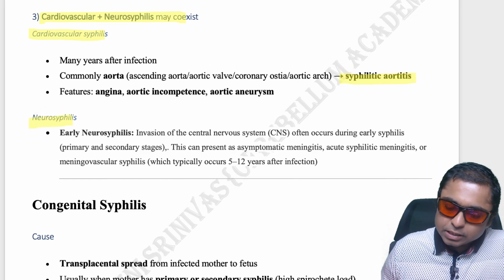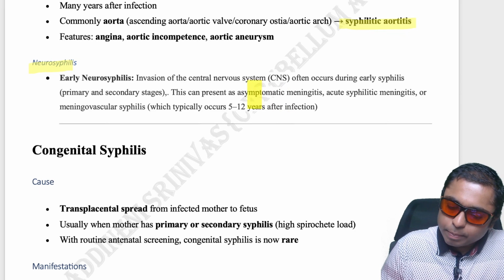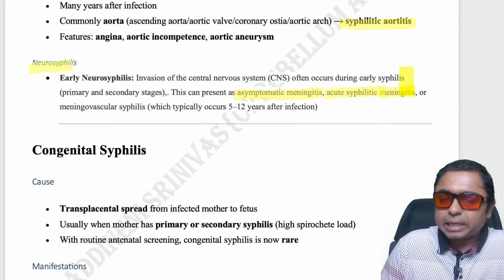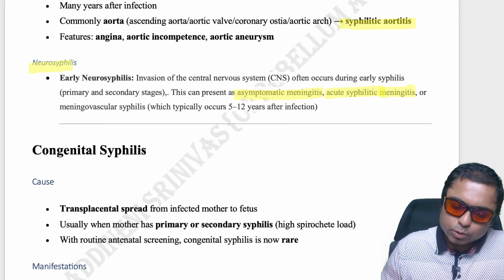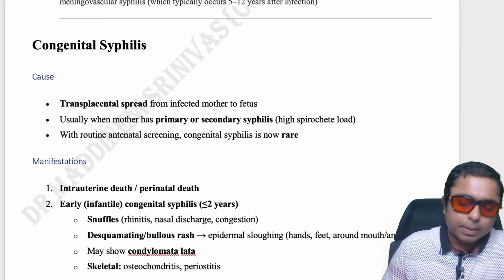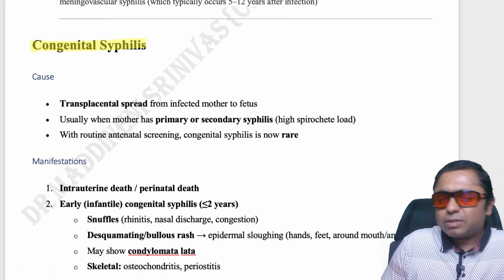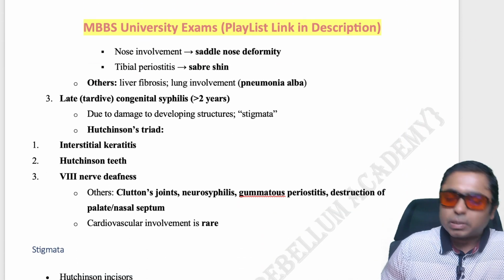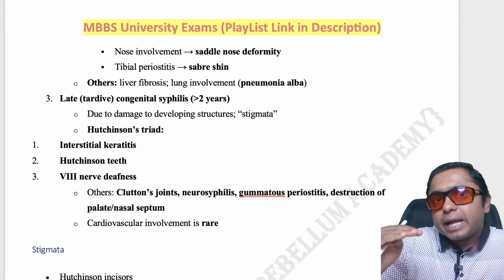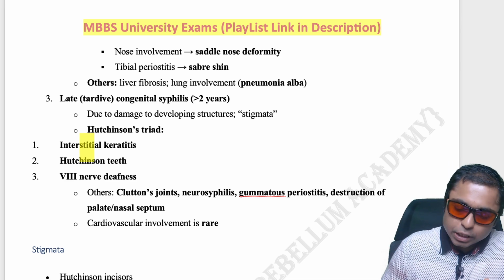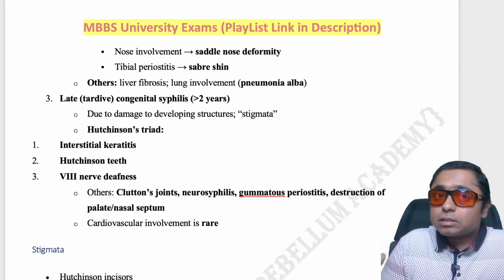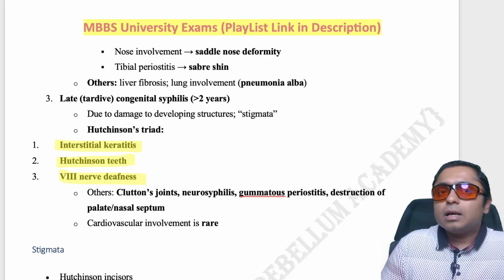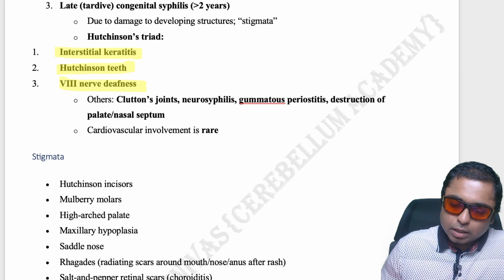In neurosyphilis, patients can have involvement in the form of asymptomatic meningitis or symptomatic meningitis. So these are the ones which you can just broadly remember. Congenital syphilis, we can see this in another video. This is not much required, but I hope in pediatrics this might have been covered, especially the Hutchinson's triad. You might remember Hutchinson's teeth, interstitial keratitis, and the cranial nerve deafness,